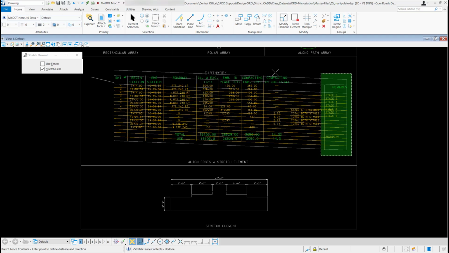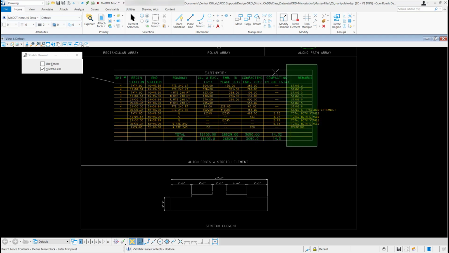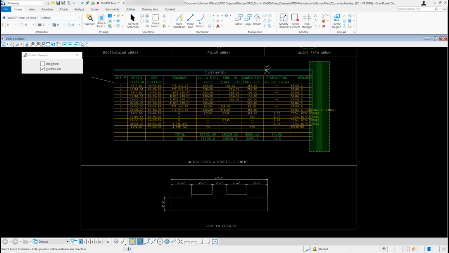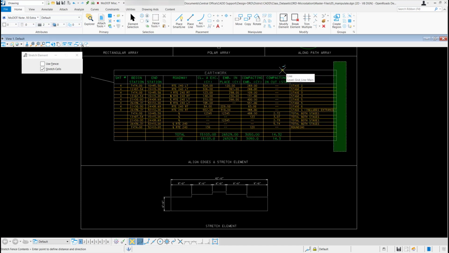So I'm going to do an undo. I'm going to reset my tool. If this isn't the area I want to stretch, I'll just come back out to my screen. I'll left click again, just drag my stretch back out where I want it. Now I can go back in and stretch that again. Of course, I'm using my nearest snap and I'm snapping to this horizontal line. I drag it out to where I want it. Left click to accept it. It'll stretch that item. Now I can just right click to reset my tool.